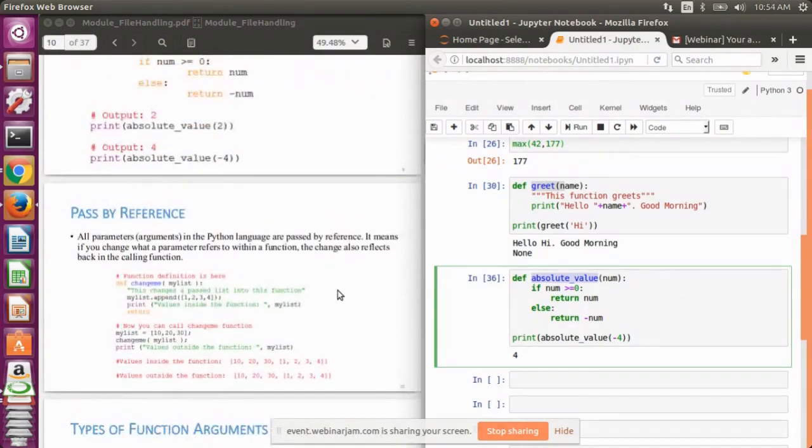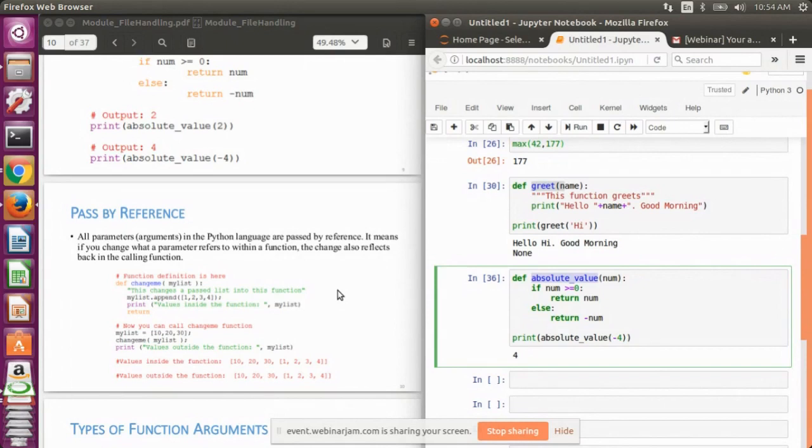Now, one important thing regarding functions is that whenever we pass arguments to a function, they are always passed as reference variables. In C there are two options to pass parameters to a function, called by value and called by reference. In Python, we have just a single option, and that is we pass the arguments by reference only. We do not pass the values as call by value.